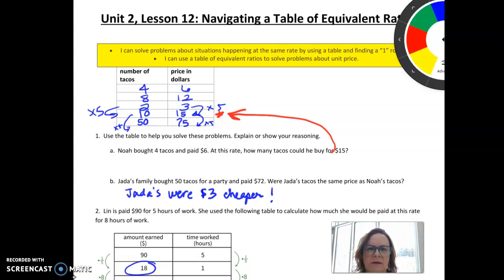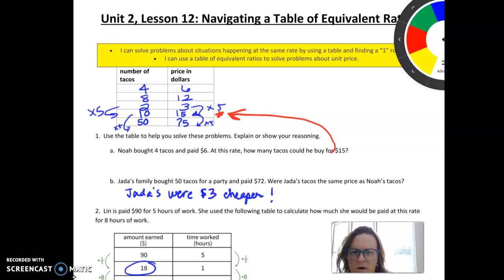We're looking at using a table of equivalent ratios to help us solve some of these problems. In the first one, we're looking at tacos, my very favorite food, and we're looking at filling out a table to help us answer these questions. So Noah bought 4 tacos and paid $6, and we're asked at this rate how many tacos he could buy for $15. So you can see that I first found,